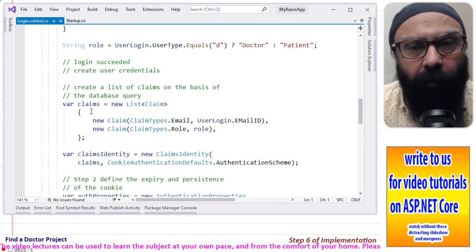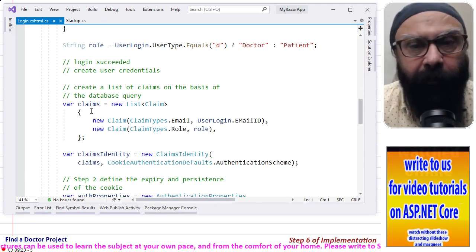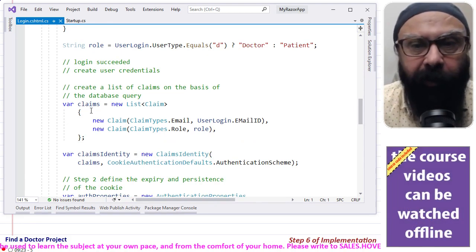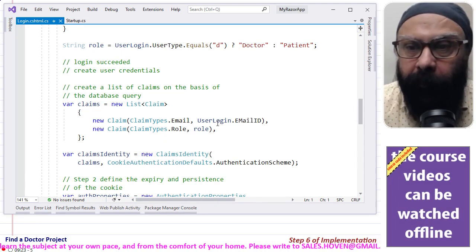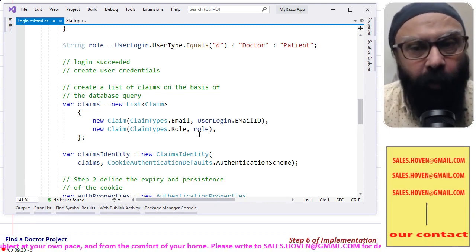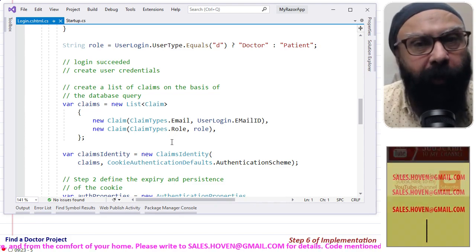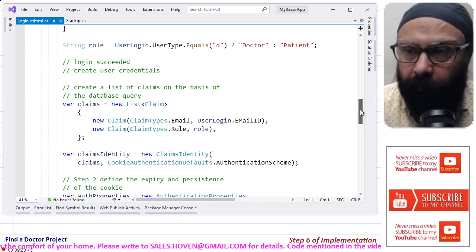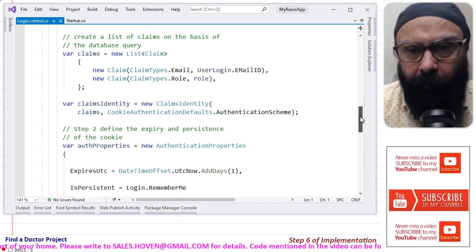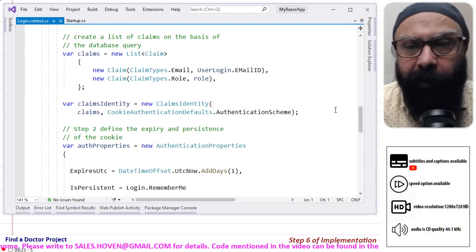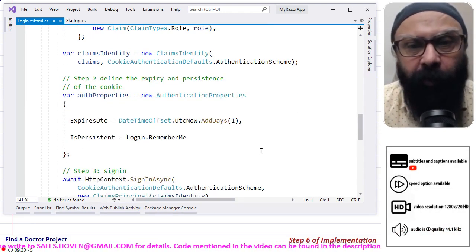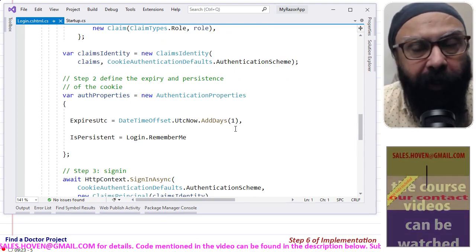And now to complete the sign in process, a claims collection is created. The email ID and role are attached to these predefined constants, ClaimTypes.Email and ClaimTypes.Role. A claims identity is created, and authentication properties are also created. The cookie expires in 1 day.